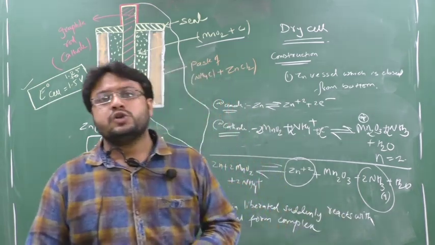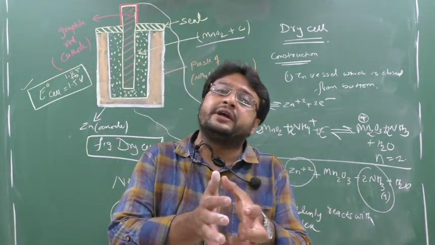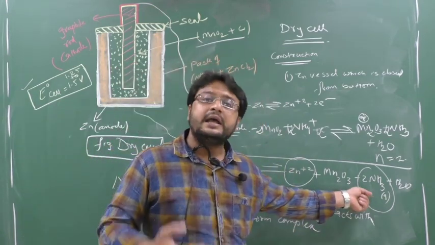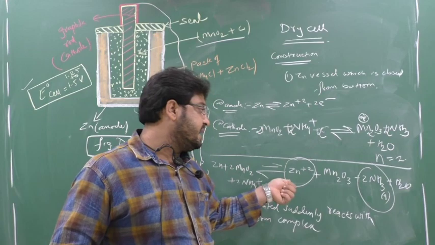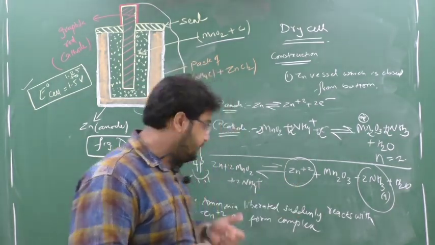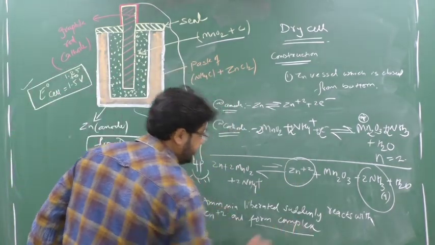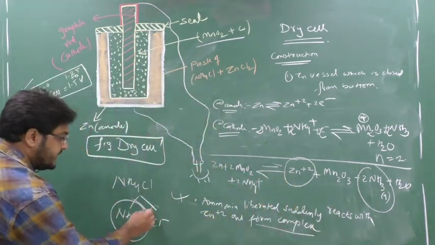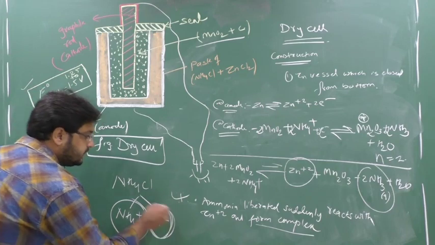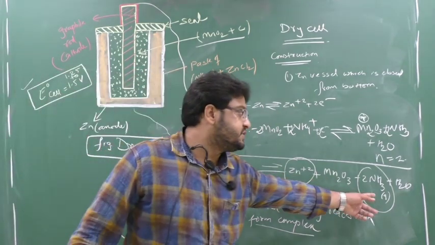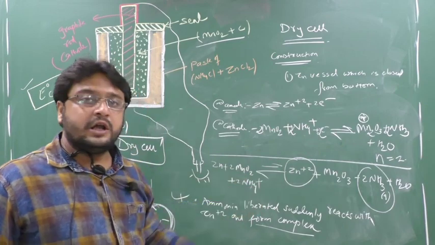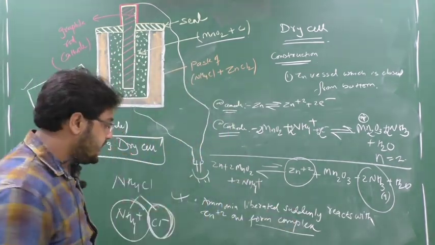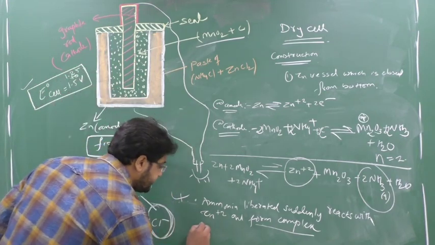Ammonia is a gas. So in the cell, during the reaction, it is not getting swelling or something blast or nothing will happen. Why nothing will happen? Because this ammonia, as soon as formed, is directly reacted with what? This Zn plus 2 and forms a complex. One thing more I will tell, this ammonia will react with Zn plus 2 also, and you can see here Cl minus is also remaining. So this ammonia gas which is liberated at the cathode will react with Zn plus 2 and Cl minus and forms a complex.